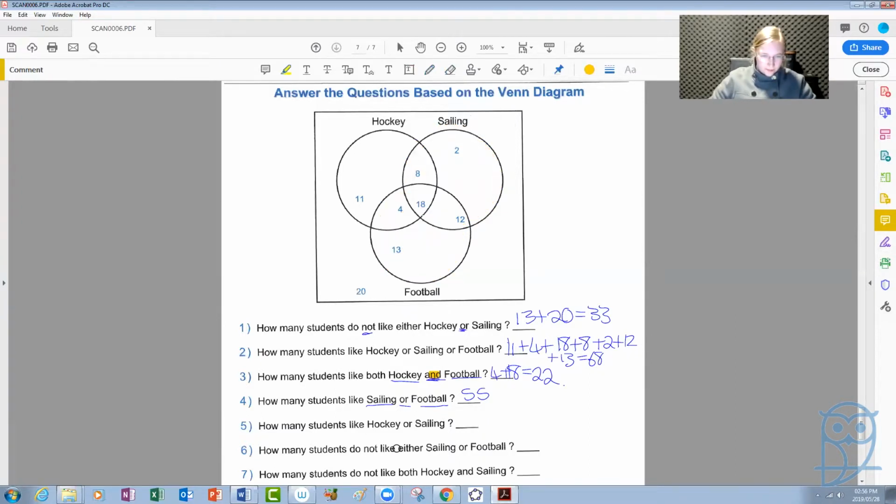Next one. How many students like hockey or sailing? So that or that we have there means we've got our union, so we can just color in everything in hockey and everything in sailing. That's all of this, which gives us 11 plus 4 plus 18 plus 8 plus 2 plus 12. So that gives us a grand total of,